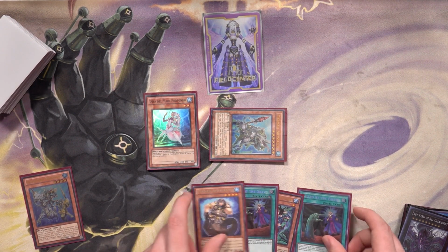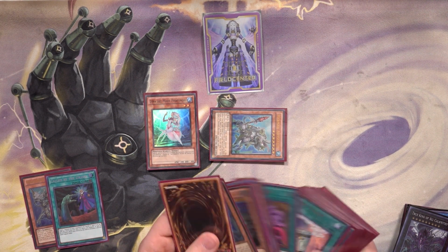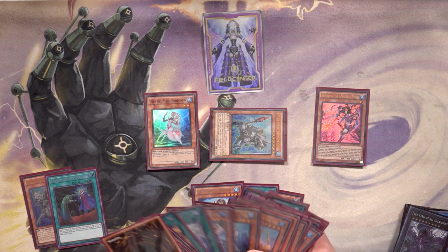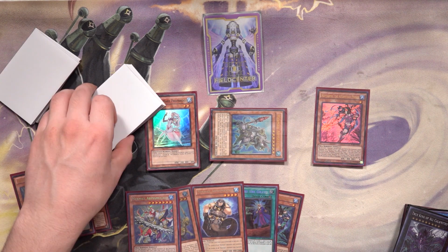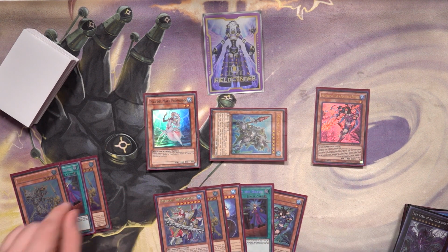So now we're going to follow up here with Deva. Let's say they have a hand trap for us. We'll go ahead and burn that Called by the Grave. That way we can continue to combo. We're going to go ahead and summon Neptabyss. Neptabyss's effect is going to activate: send Dragoons, add Dragoons, and of course that copy of Megalo to go along with it. And then from this point, we have a few options, one of which would be to link here